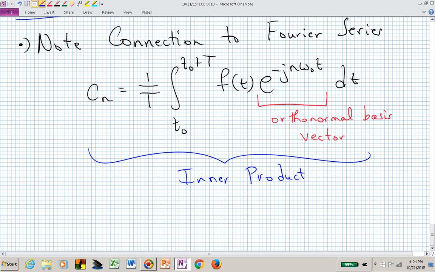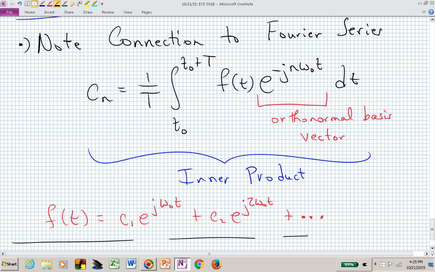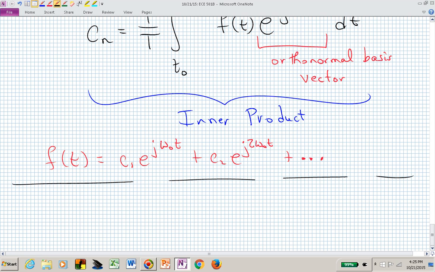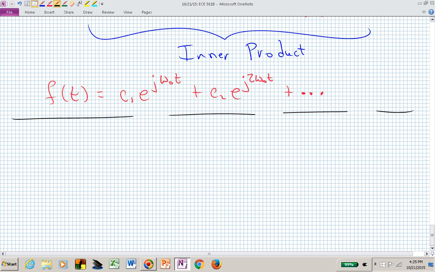where all we're saying is that, recall that the Fourier series of, let's say, a function f of t is c1 e to the j omega naught t plus c sub 2 e to the j 2 omega naught t, etc., for all of those c's. And now that's consistent with what we just derived in that earlier theorem, theorem 617, where we had an orthonormal decomposition of a vector in our vector space. We've now gone from finite dimensional, now we have a Fourier series expansion. I hope now that you see that these orthonormal bases